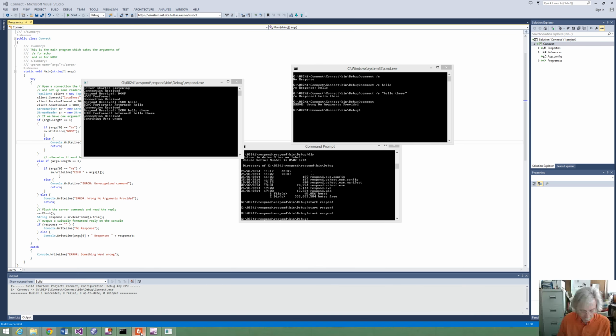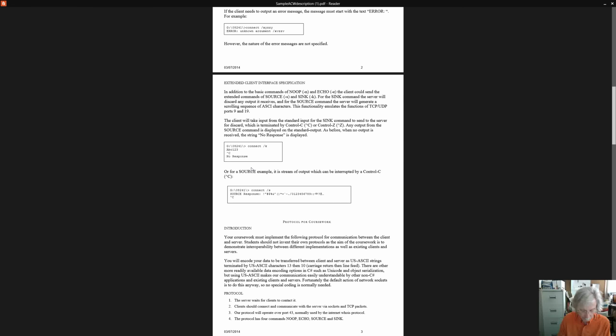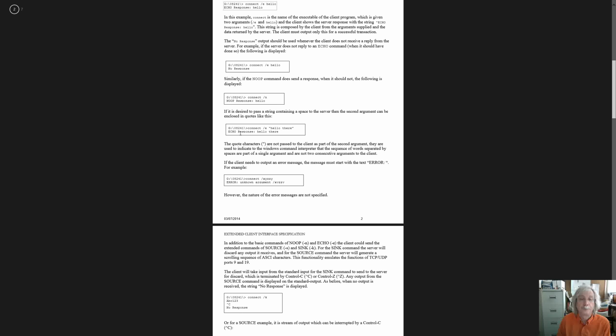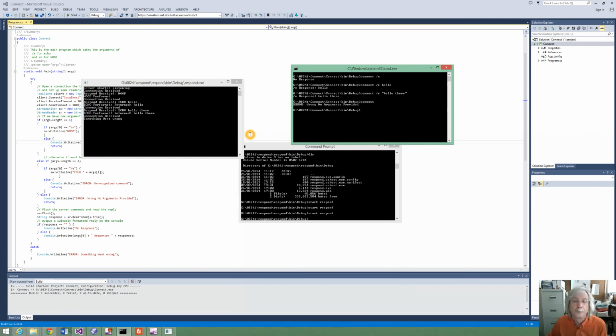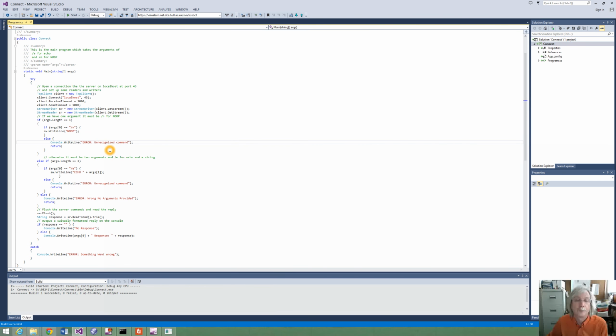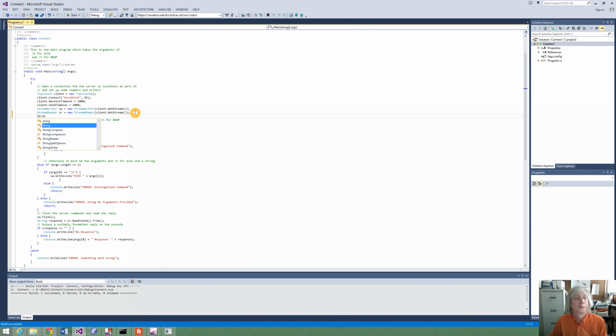Let's go back to the specification again. No, it should say connect. It should say echo response. So we need to fix that. So instead of args here, it needs the name of the command that we used, echo or no op. So we probably need to store that in a string somewhere. So we could add string